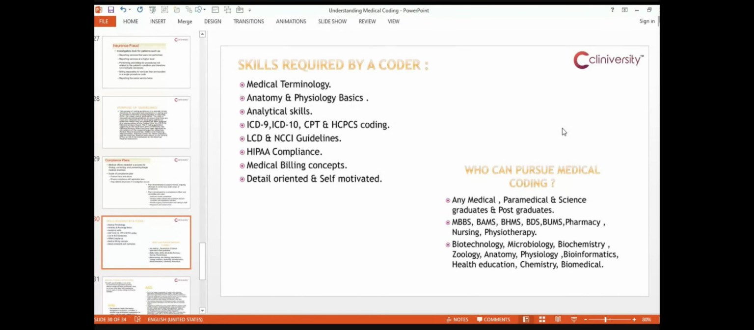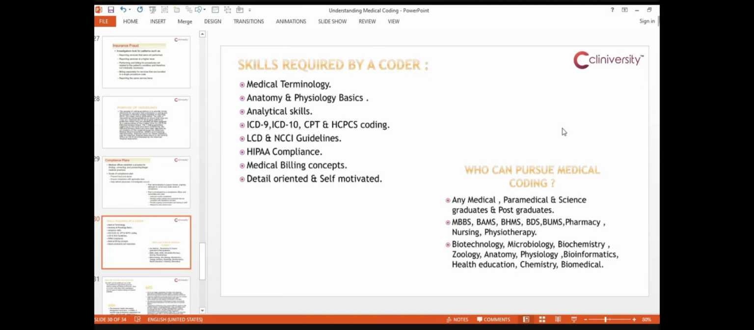Apart from that, HIPAA compliance. HIPAA is the act, as I told in the first slide. A coder must be able to comply with all the HIPAA guidelines provided to them. Medical billing concepts: it is not necessary that a medical coder must be aware of the medical billing process and guidelines, etc. But yet, because these two teams work in collaboration and coordination with each other,